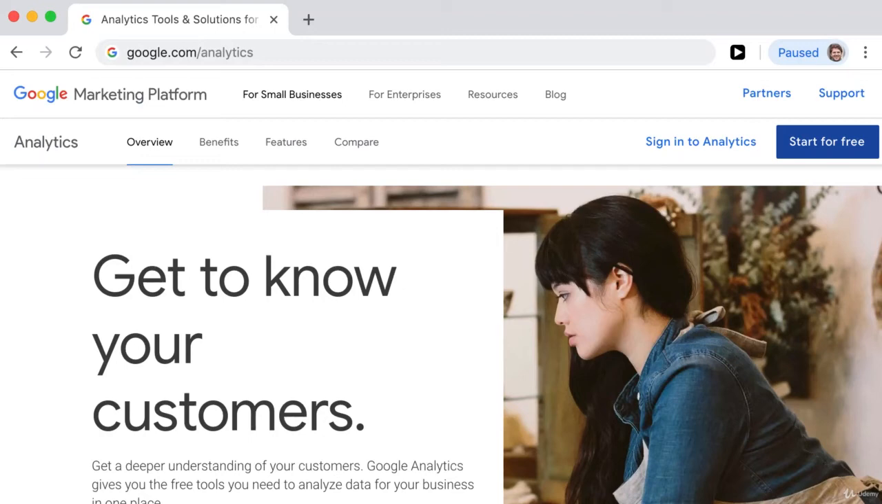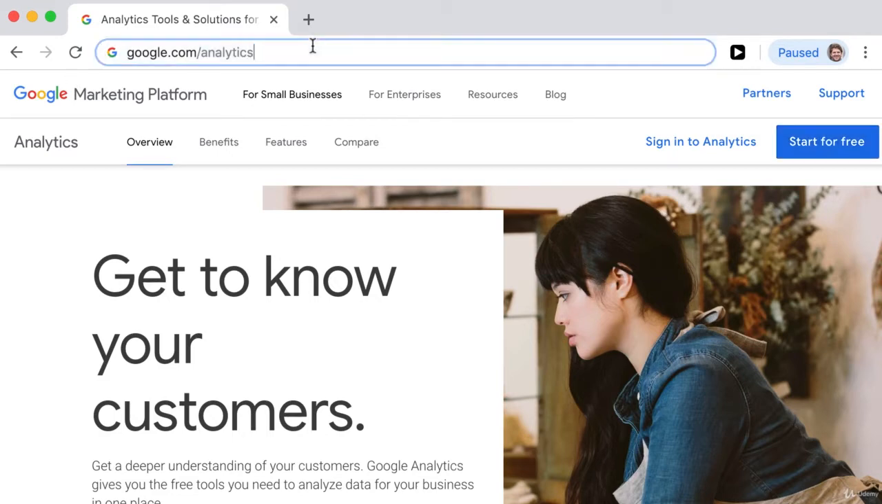In this video, you're going to take the first step to use Google Analytics as a powerful tool to grow your business. You're going to set up a Google Analytics account and install the Google Analytics tracking code on your website. So the first thing that you need to do to set up your Google Analytics account is to go